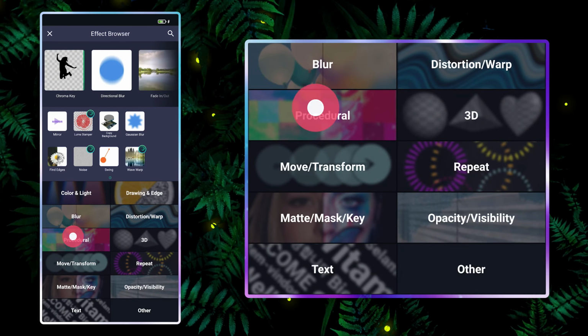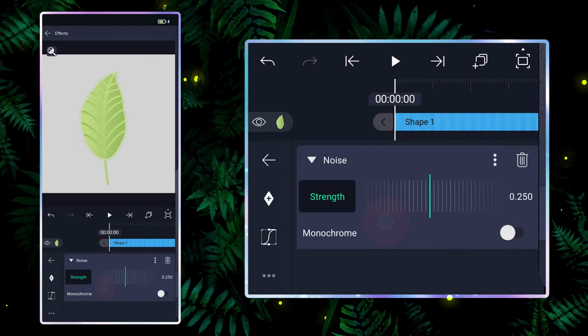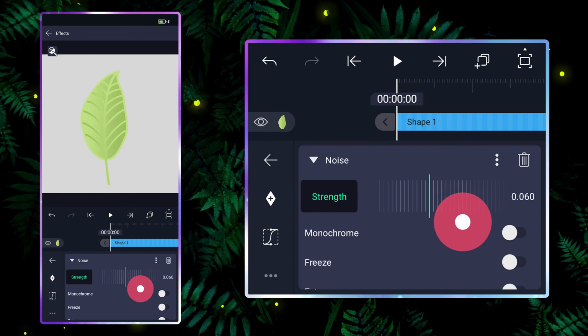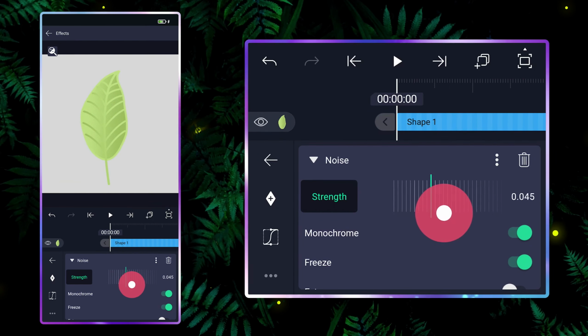Apply noise effect to these layers. It's an easy way to create surface imperfections using the noise effect.